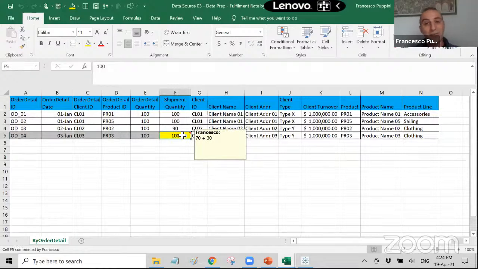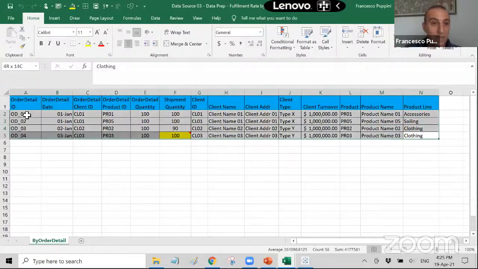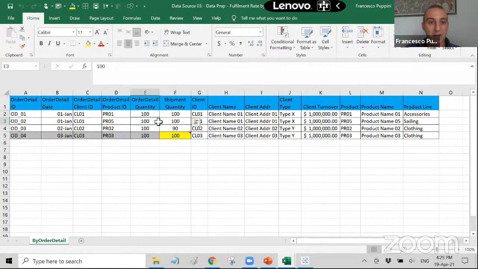But you cannot afford to have the 2 rows that you really have in the shipments, because if you do, you will have that famous duplicate we had before. So you have somehow to lose some information. It was 70 and 30. They were happening on 2 different dates. Probably the shipment type was different. That information here is lost. So you have a table that allows you to calculate. You will have 100% here, 100% here, 90% here, and 100% here. You can do it, but you have lost information. You still have it in the original tables, yes, but in this one, you have lost that information.